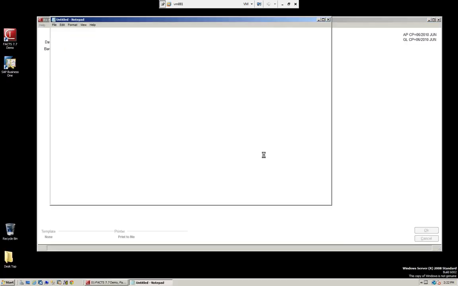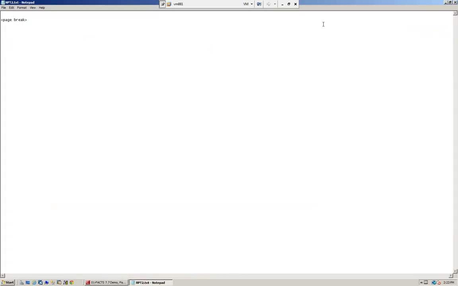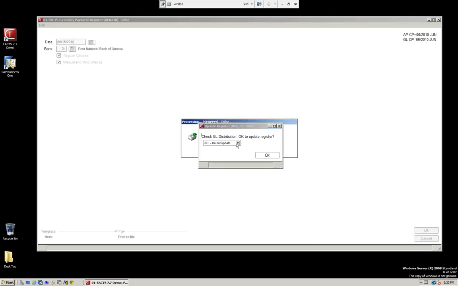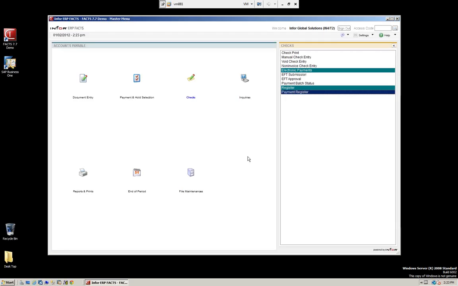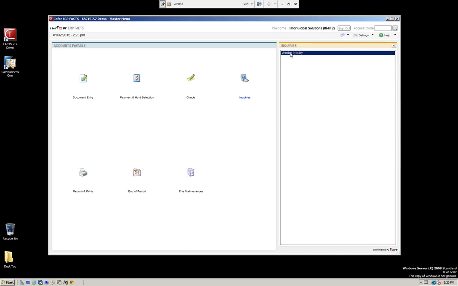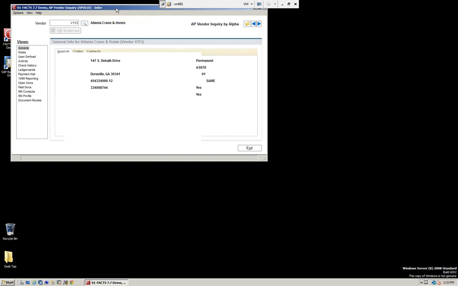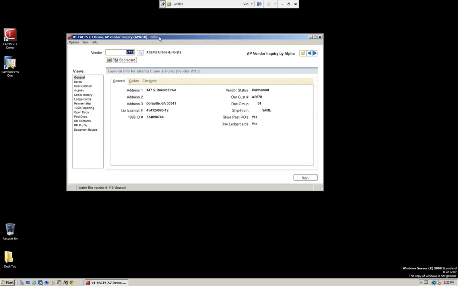Again, we print our GL distribution. We can see our effect in general ledger. And we're going to say yes to update. We've updated. If we look at the inquiry screen, and we call up our vendor,